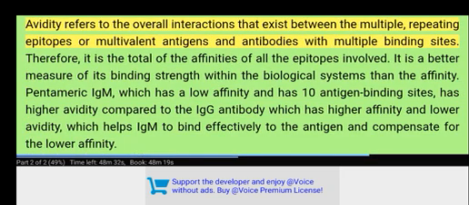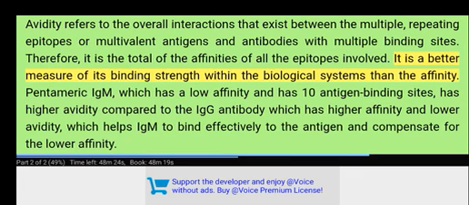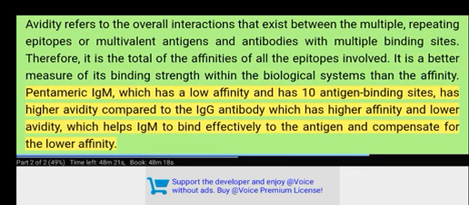Avidity refers to the overall interactions that exist between multiple, repeating epitopes or multivalent antigens and antibodies with multiple binding sites. Therefore, it is the total of the affinities of all the epitopes involved. It is a better measure of binding strength within biological systems than affinity. Pentameric IgM, which has a low affinity but has 10 antigen binding sites, has higher avidity compared to an antibody which has higher affinity and lower avidity,